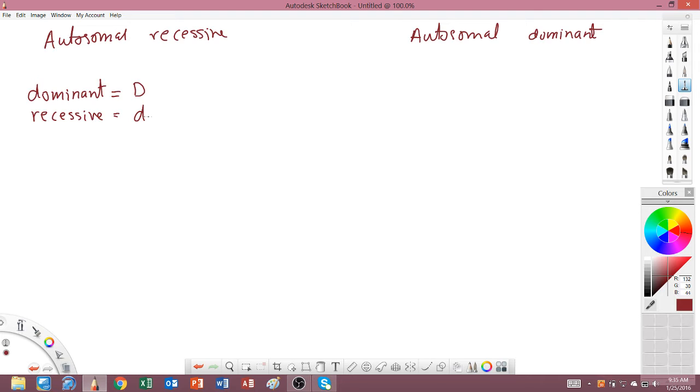Just for simplicity, for you to understand. Language has limitation. In order to explain something, sometimes you have to use abbreviation. Sometimes you have to say, I'm going to think that dominant should be represented by capital D, and recessive should be represented by small letters. You have to assume that. There's no reality to that. Genes don't exist in that form. Gene is just a code. It doesn't mean A, B, C, D, that is the code. Those technically are not letters, they are nucleotides. Nucleotides are always the same shape. So don't confuse those two things.